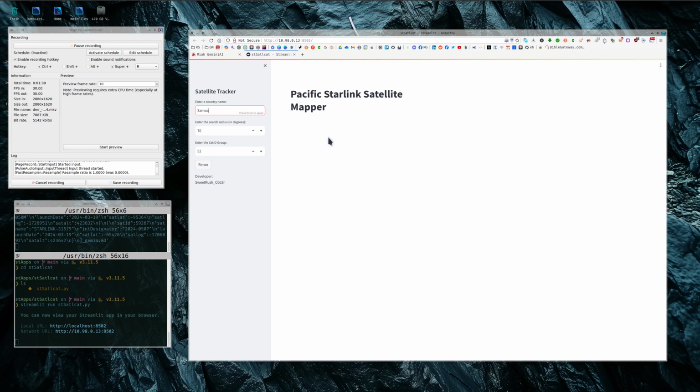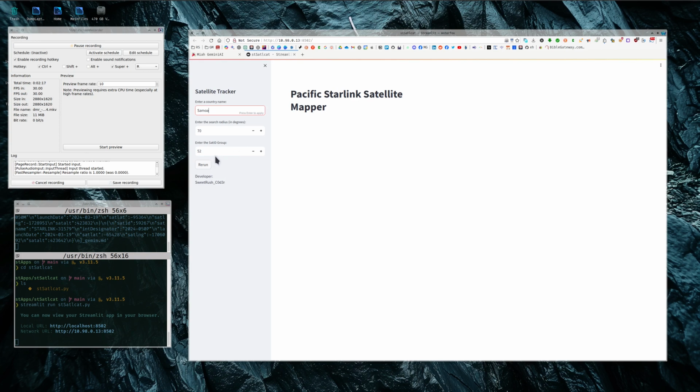So apart from that, let me just run you through this sidebar here. This sidebar gives three parameters: the country that you want to search for the Starlink satellites on, and then the radius, how far from that country, based on the GPS location of that country, do you want to scan. So it gives you a 70 degree radius of search. And because you could also use this tool to look for other satellite companies and satellites that are there,